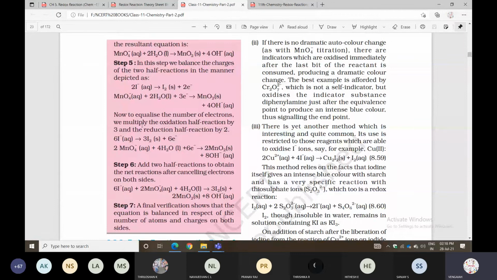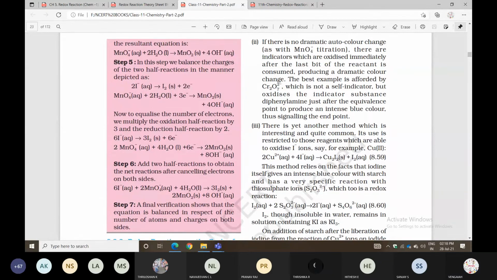Okay? So I will roughly tell you, listen once again. First they will give an unbalanced chemical equation. You can make it into 2 half reactions, one is the oxidation half reaction, the next one is the reduction half reaction. After that, in the first step, balance all elements except oxygen and hydrogen. The second step, only oxygen balance. The third step, only hydrogen balance. Okay? Like that you can follow.